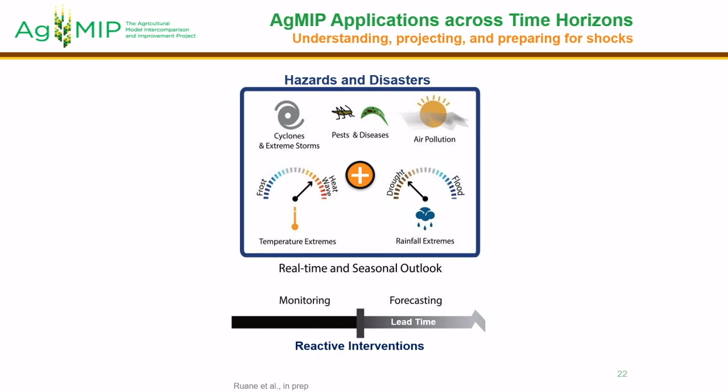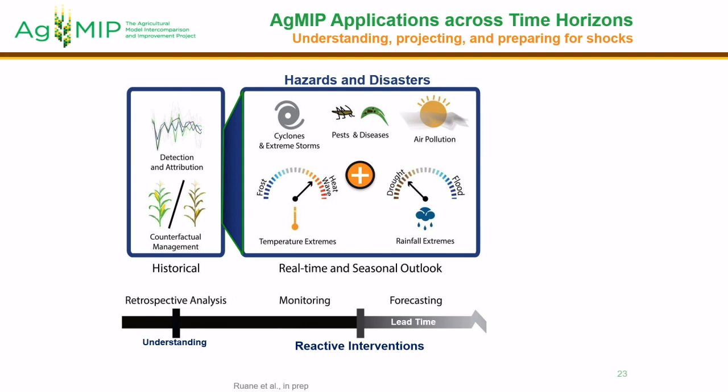But if we can understand these fundamental responses, we can monitor, including from space, how well we're doing. And we can get up to this line that I've drawn in the middle at the bottom of this timeline. That's today. From there, we can go forward and think about forecasting, but we can also go backward and think about what has happened in the past. We can understand what was the cause of that yield shortfall in the past, and could we have done some other type of management to potentially have a better outcome in the past?